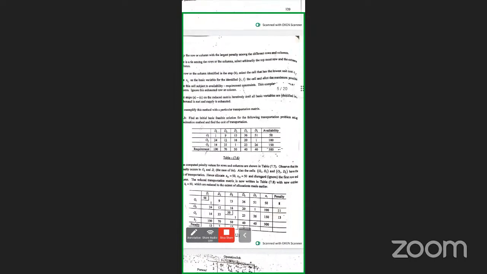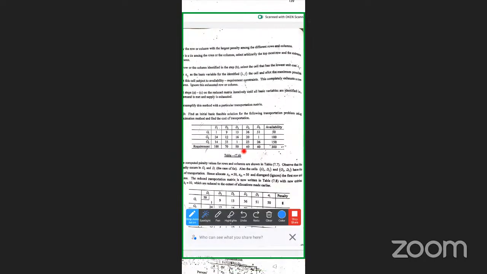For example, find the initial basic feasible solution for the following transportation problem using Vogel's approximation method, and also find the cost of the transportation. Here is the given transportation table. This is the cost matrix with D1, D2, D3, D4, D5 and O1, O2, O3. These are the availabilities, and these are the requirements. First we have to verify